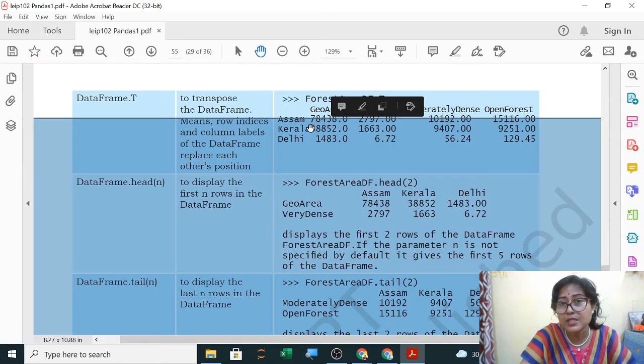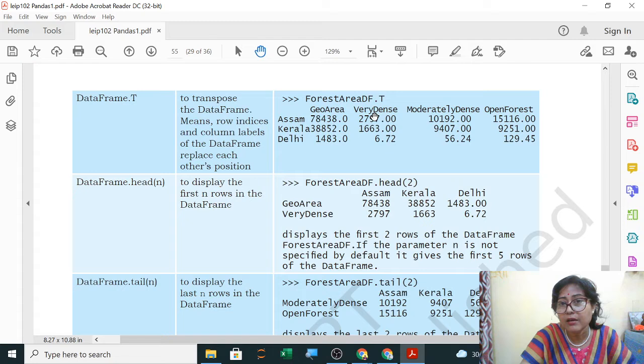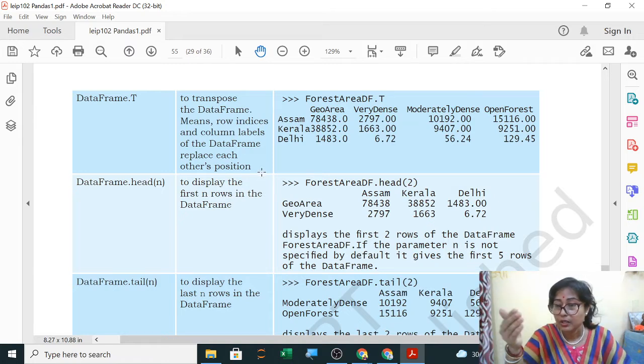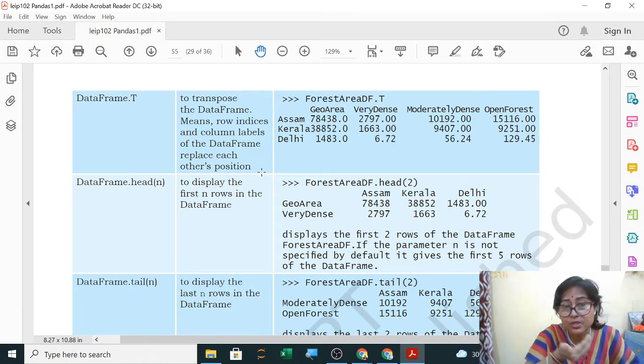And the row index, which was your geo area, very dense, moderately dense, open forest, has now become the column index. The rows will become columns and columns will become rows. To transpose the data frame means row indices and column labels of the data frame replace each other's position.